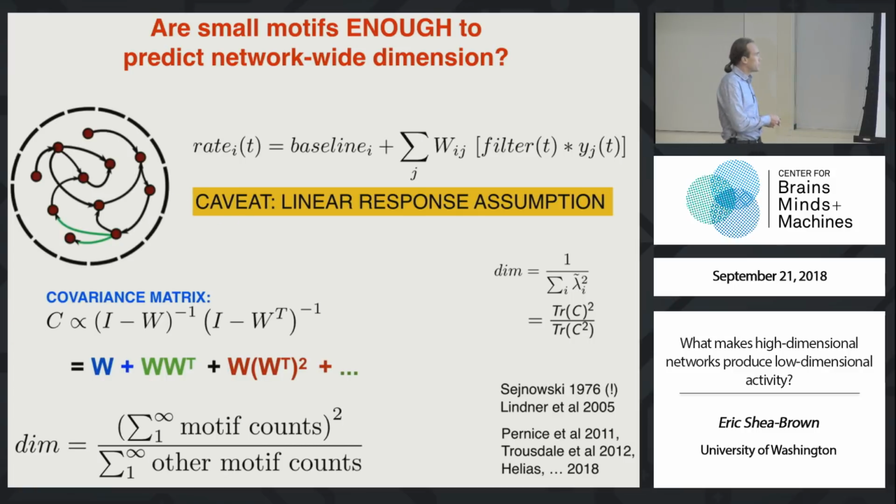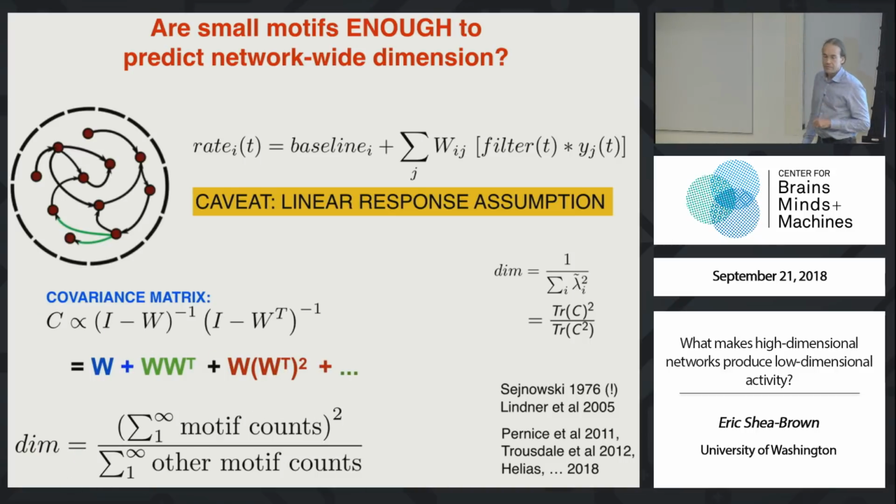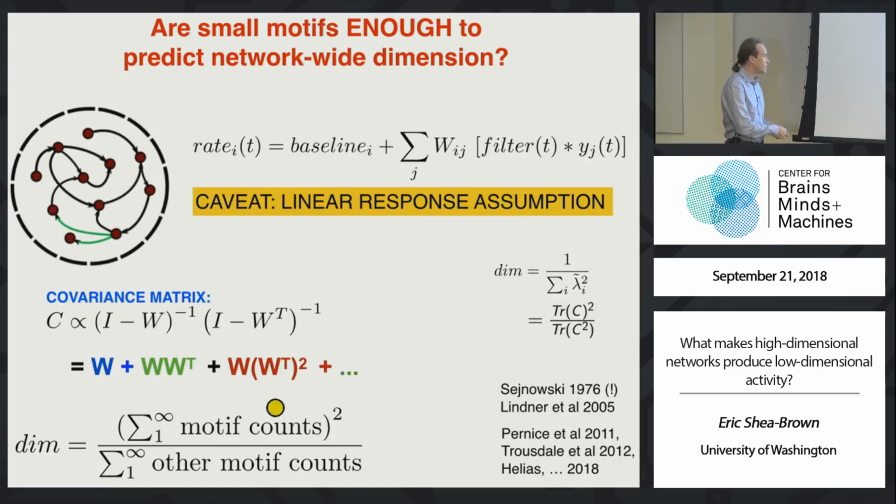So I can have an expression of my covariance matrix in terms of all the motif probabilities, which are proportional to the counts or numbers of them that exist in a system. I can plug into this formula, somehow deal with the trace operations, and end up with a formula of this general form. You want to know what the dimensionality of a given neural network produces? Tell me its motif content, plug it into some huge formula like this, and I'll return to you the dimension. So this has reduced our problem of figuring out what matters about a matrix's, about a system's or circuit's connectivity to the question of what motifs it contains.